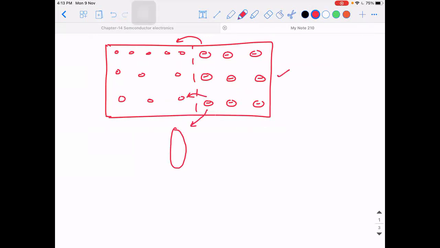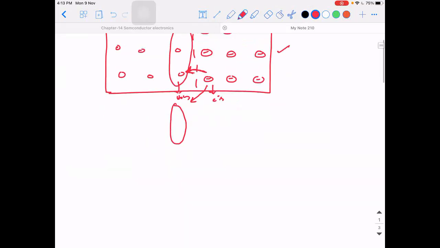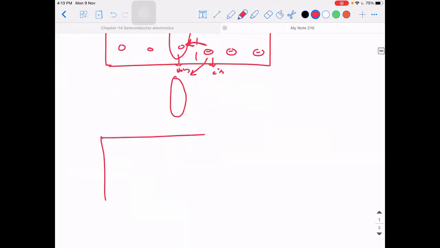So try to understand, guys. Initially, you have holes here, you have electrons here. Now, what has happened? Due to the natural attraction process and diffusion, the electrons got recombined with holes. As a result of it, they are making this region neutral. If this region has become neutral, and there are further electrons trying to flow to this neutral part, then what will happen to the neutral part in the subsequent step? It will become negative, right?